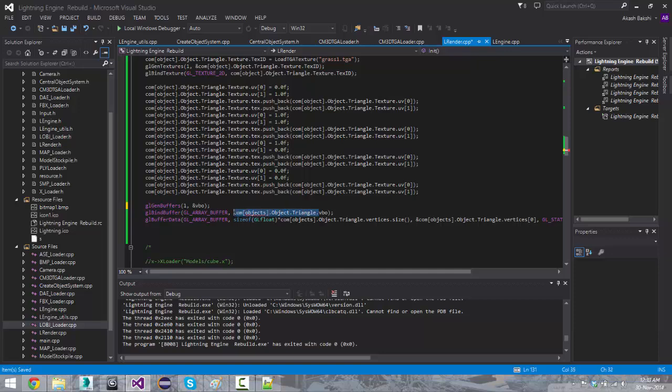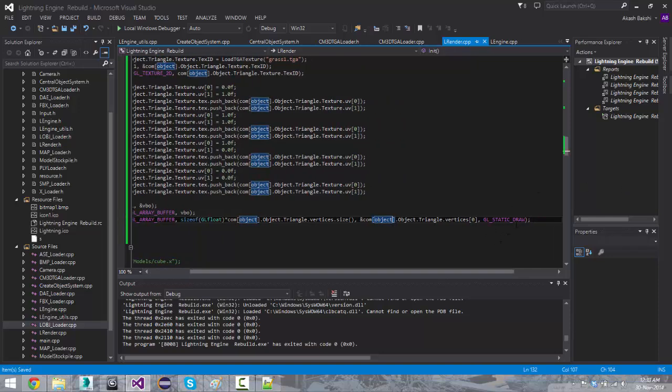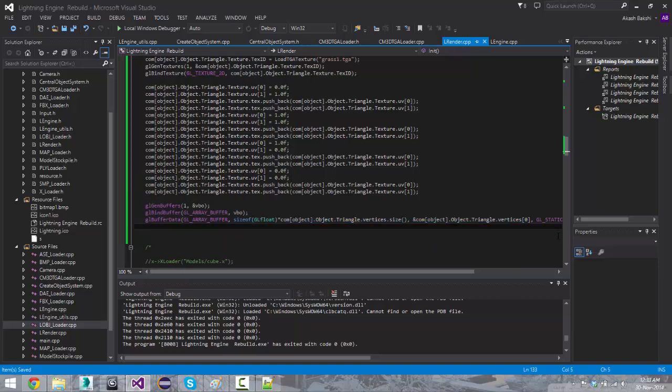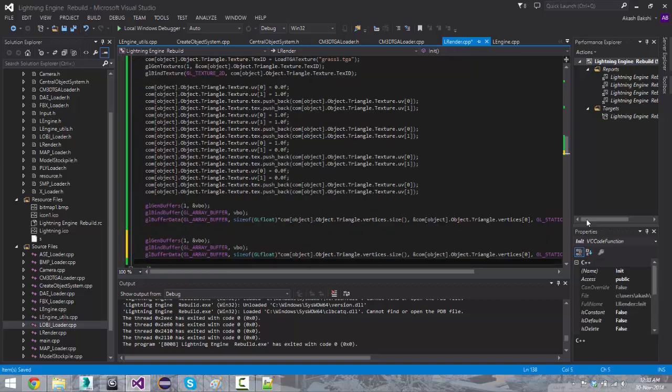So this one is going to be an array buffer, and then size of our vertex list, so your vector where you have your vertices, and then static draw. And now we're going to do the same thing for indices, our indexes,